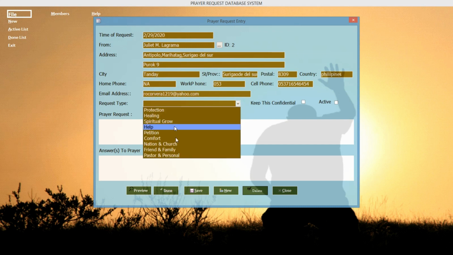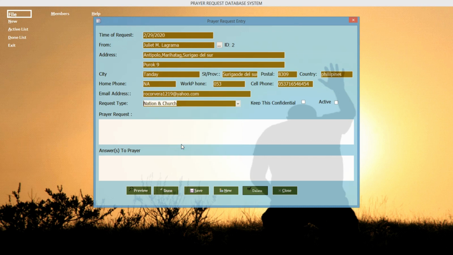Now we have already request type. So as of now we'll say comfort or nation. Yes. Then I will put select as active here. So this is our prayer request details. Now just select save,